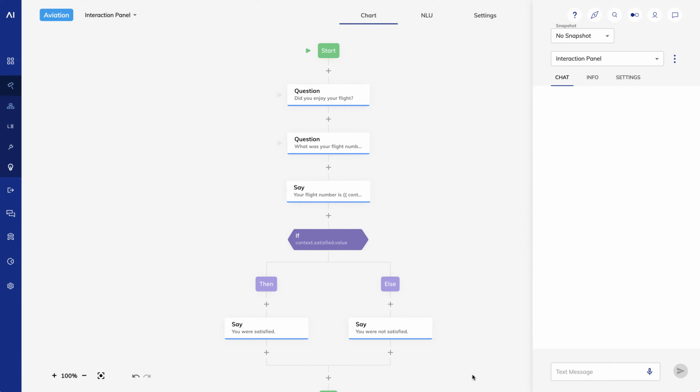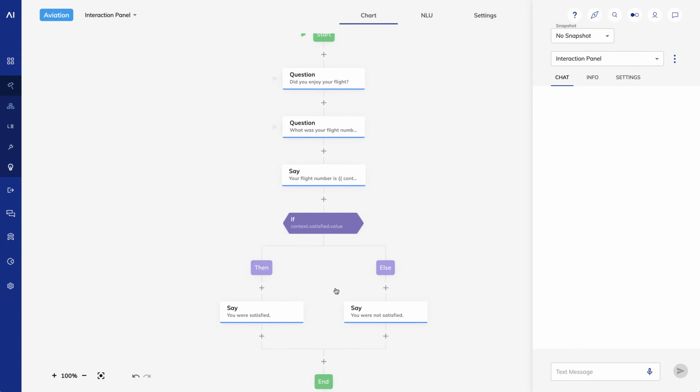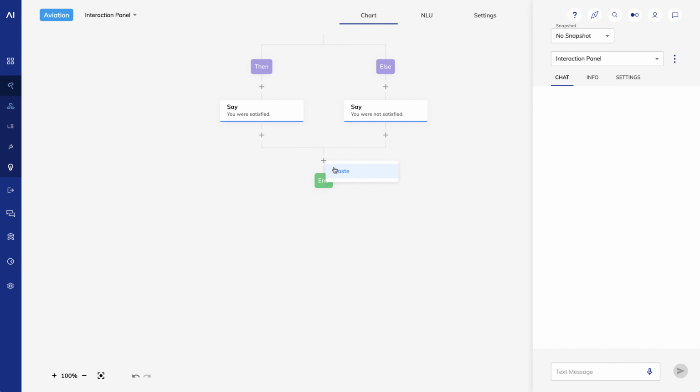Let me give you an example of that. I'll add a question node to the bottom of my flow that says, "What was your flight number?" I'll just copy the question I already asked at the beginning of the flow. I'll also copy my say node that outputs the flight number and put it at the end of my flow.